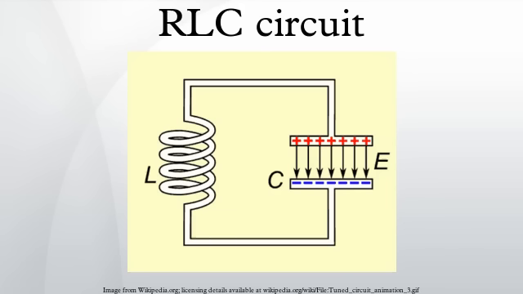An RLC circuit is an electrical circuit consisting of a resistor, an inductor, and a capacitor, connected in series or in parallel. The RLC part of the name is due to those letters being the usual electrical symbols for resistance, inductance and capacitance respectively. The circuit forms a harmonic oscillator for current and will resonate in a similar way as